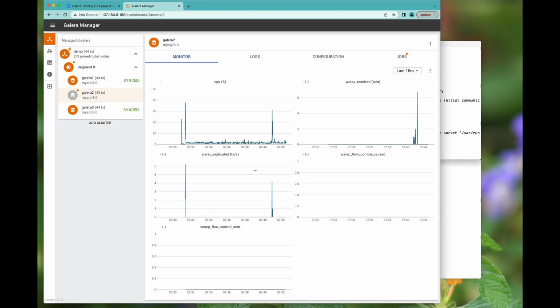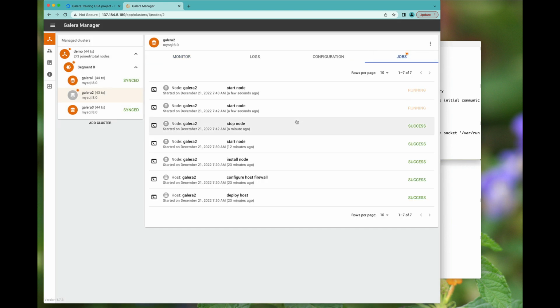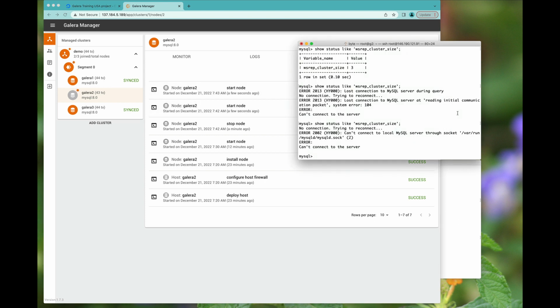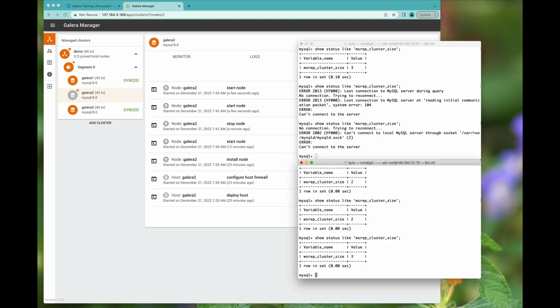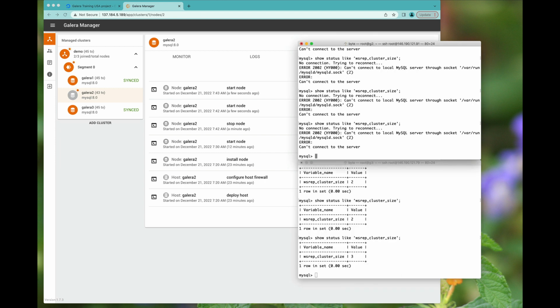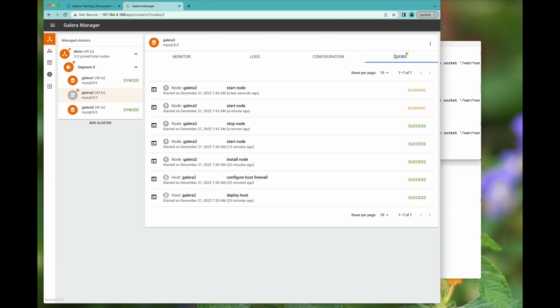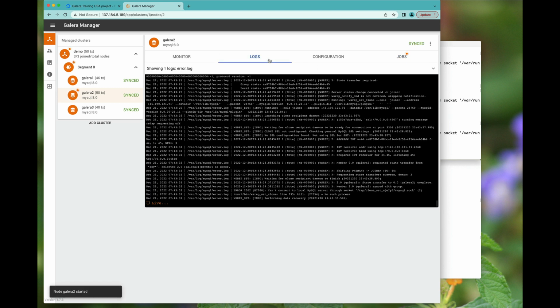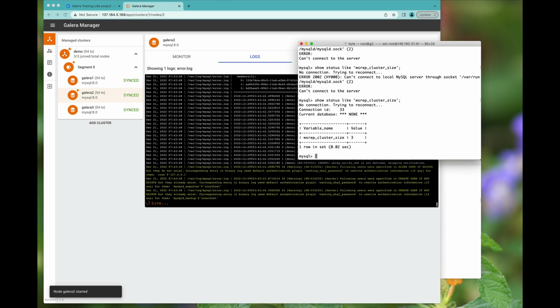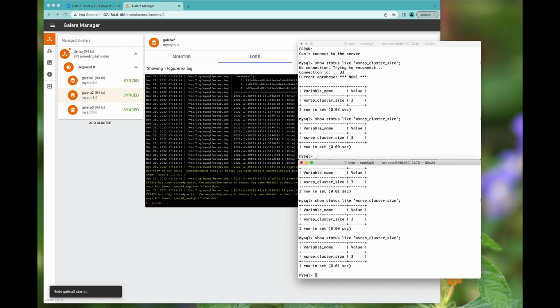I'm pretty sure I hit the start button, but let's just make sure. Oh, it's running the start node. Actually, twice it's running the start node, so hopefully that doesn't cause any issues. And voila. So all is well again,